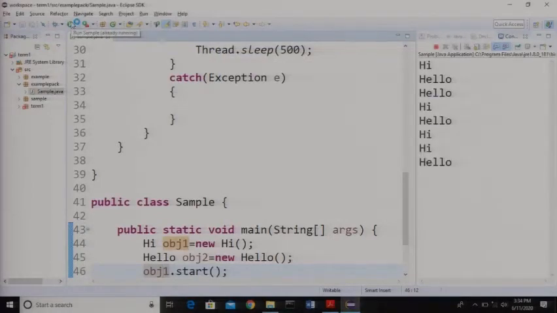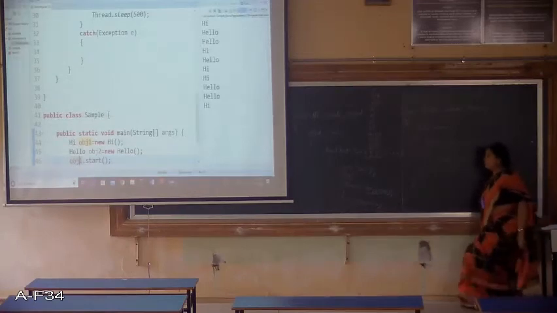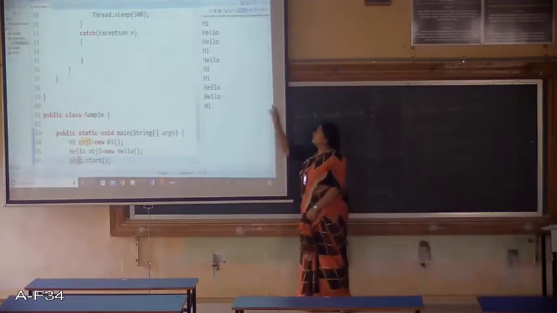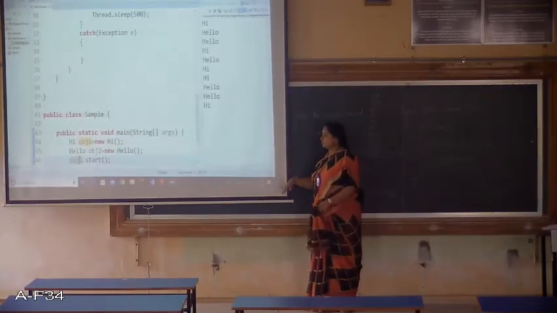Yes, you can see that we are getting hi, hello, and then hello, hi, hello. That means we are not getting them in order, though they are working parallelly. The output is not just hi printing 5 times and then hello 5 times.